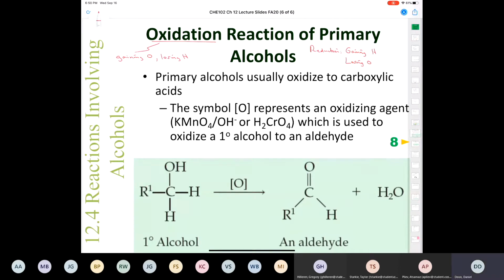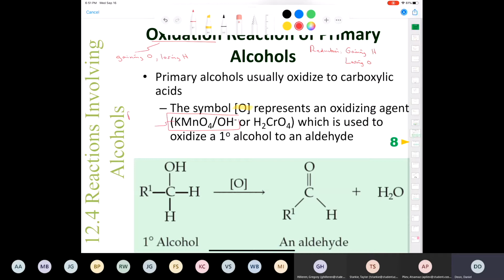All right. So it says here that primary alcohols usually oxidize to carboxylic acids. Here's a primary alcohol. We already discussed why this is primary, and it is because the carbonyl carbon only has one carbon attached to it. When you take a primary alcohol and oxidize it, we use the symbol O in square brackets to represent an oxidizing agent. Common oxidizing agents that are used in organic chemistry are KMnO4 and hydroxide. So KMnO4, that's potassium